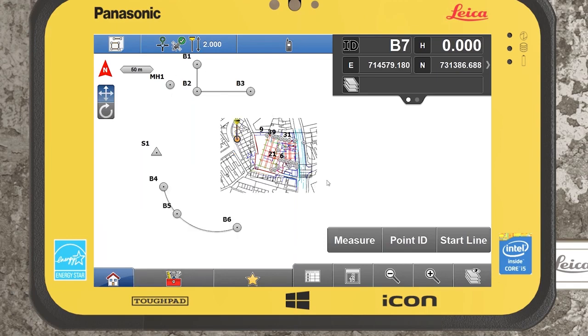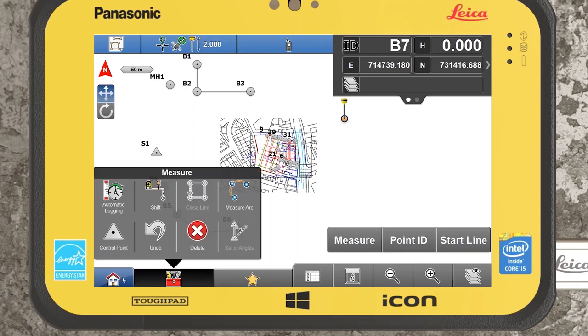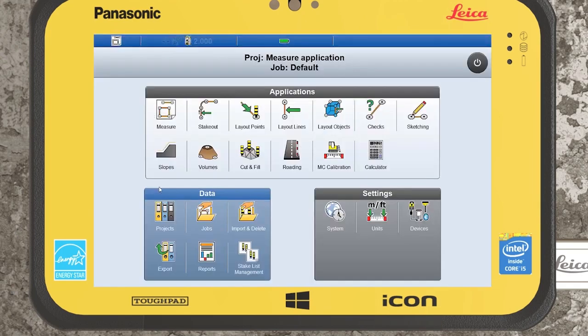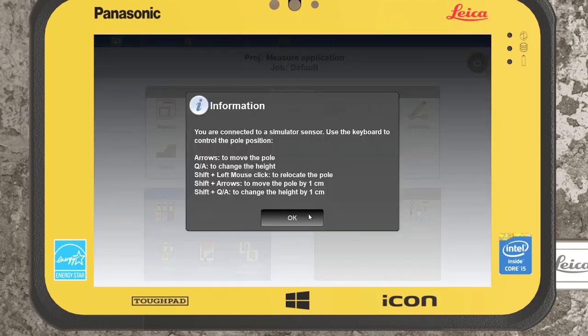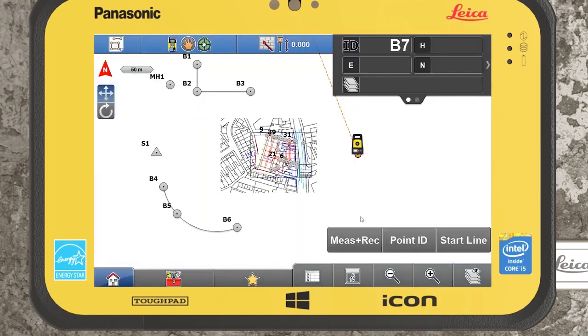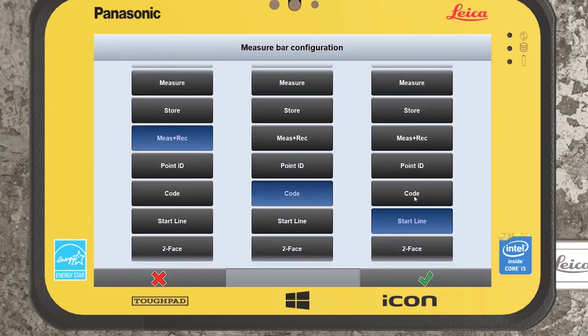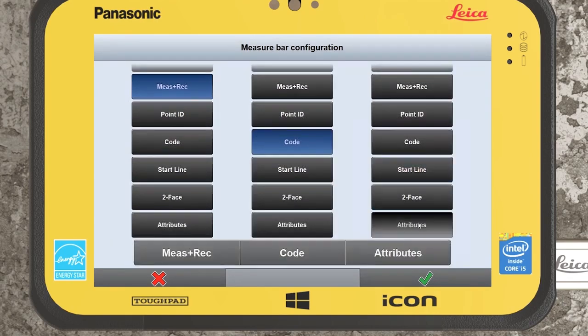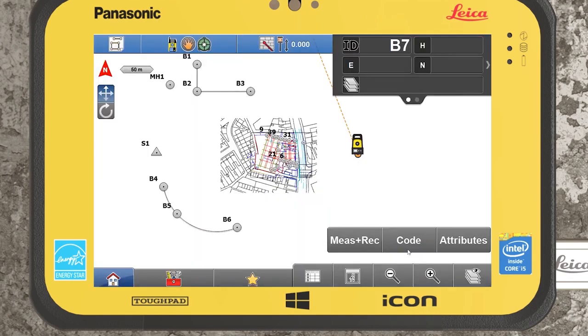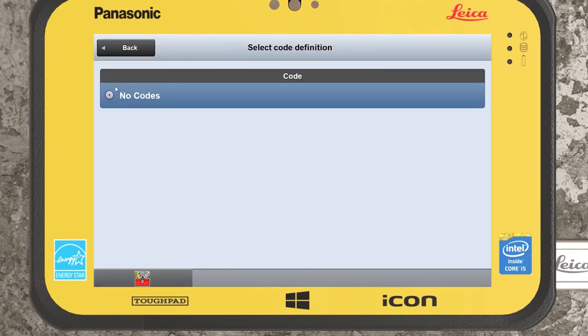Okay. So next, as I also stated, we might actually differentiate our points by codes. What I'll do is I'll actually just quickly change over into my robotic. Okay, and I'll jump back across. So as I stated within the Leica iCON general navigation tutorial, you can edit your measure bars, and I could change this now to code, and I could change this to attribute if I so wished. I can select into code now, and we can see there we've no code built in. It could be a case that we have